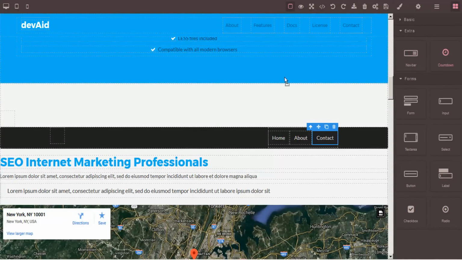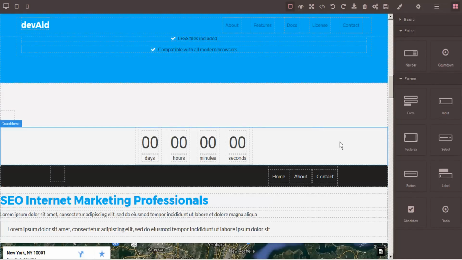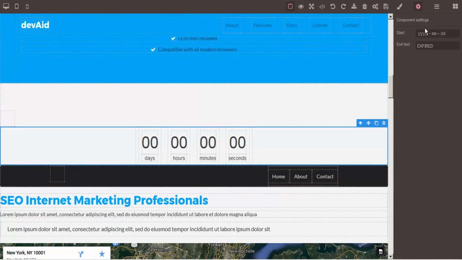Oh, we also have a countdown timer, and these are cool. Very handy for internet marketing. So for this one, once you add it, click on the main box here, and then go to your Trait Manager, and it says start, but this would actually be your countdown time that you want to count down to. So let's count down till, say, the end of the month here. And instantly it sets your countdown timer. And then you can modify your end text to whatever you want to say,